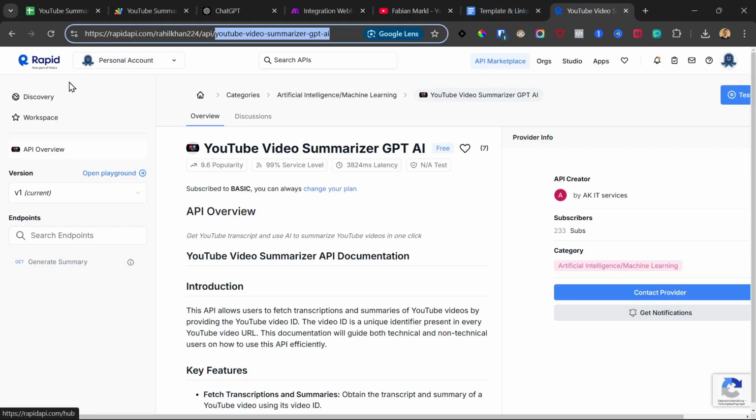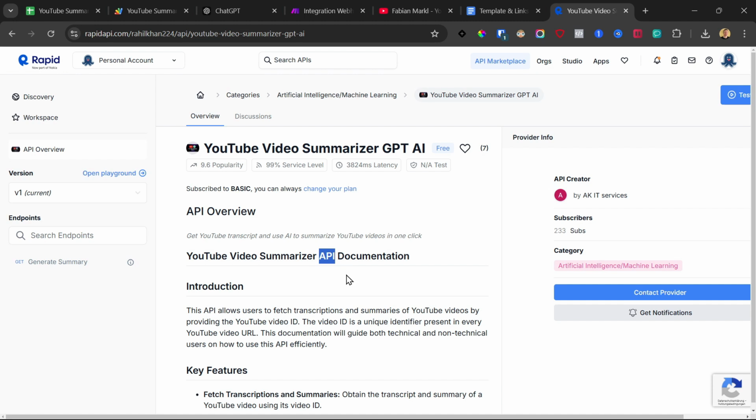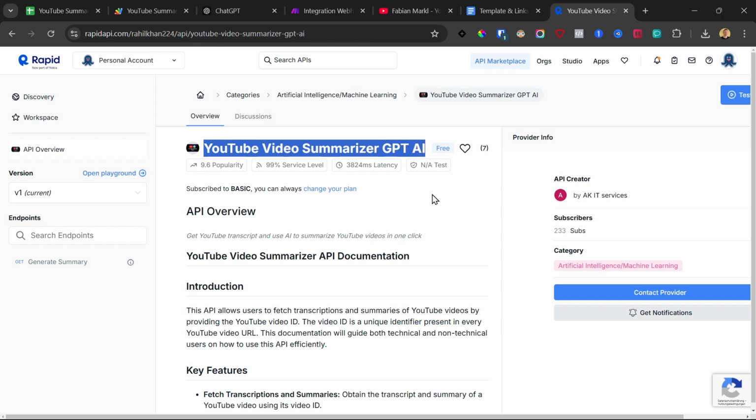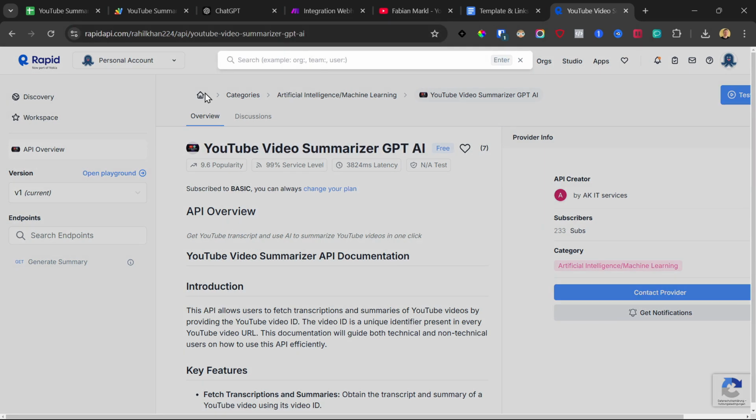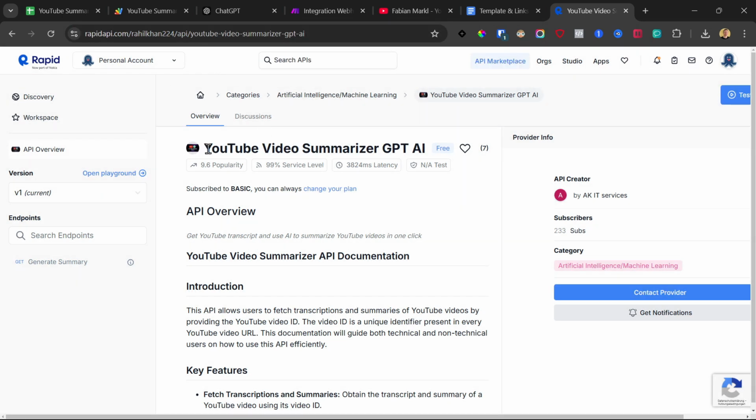You need to go to rapidapi.com. There you can get different APIs. And APIs, again, just a way for the softwares to talk to each other. So this API basically allows you to get the transcript of any YouTube video and you can use it for free. So you go to rapidapi.com, you set up a free account, and then you go to YouTube Video Summarizer GPT AI. I found this is the cheapest, whereas it's a free version to get transcripts from YouTube videos